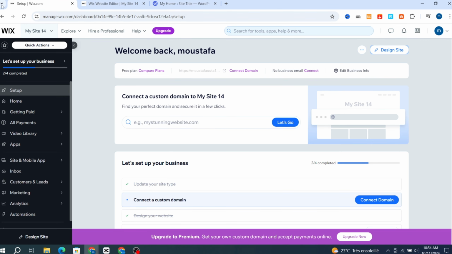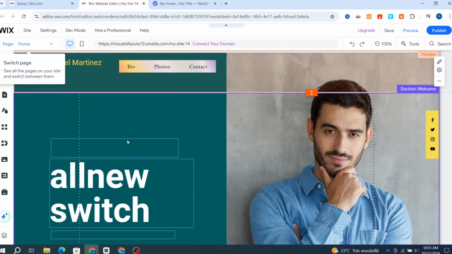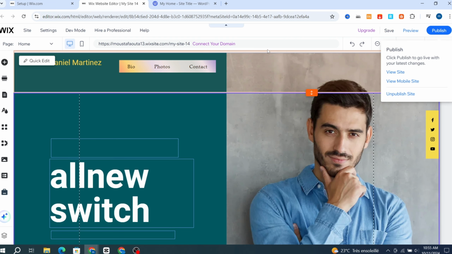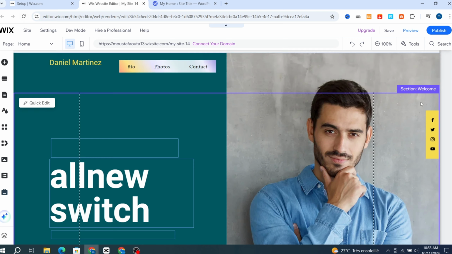First, guys, before starting to link and connect your Wix account to WordPress, make sure to open your Wix dashboard, then go directly to Design Site. Then it will take you directly to customize your site on Wix. After customizing your site on Wix, make sure to hit